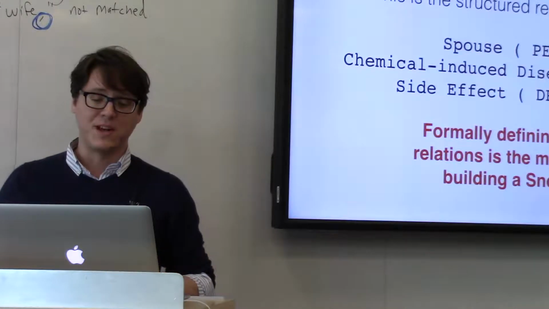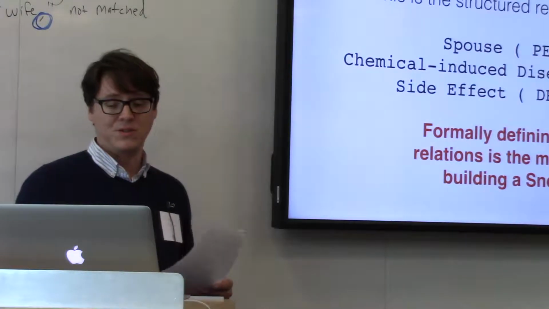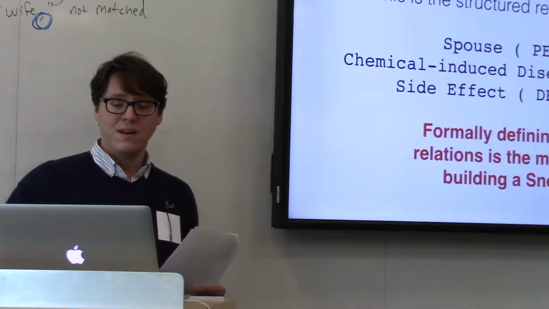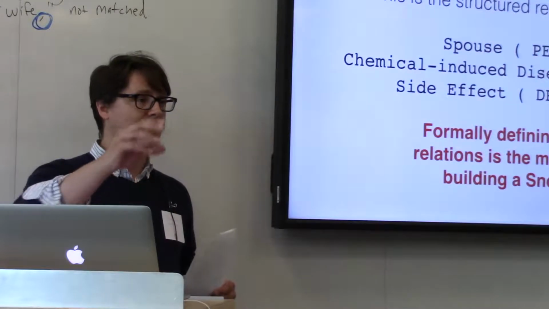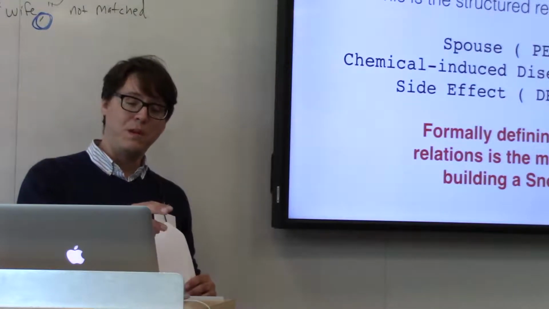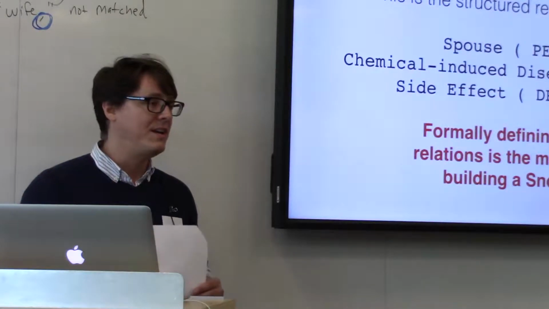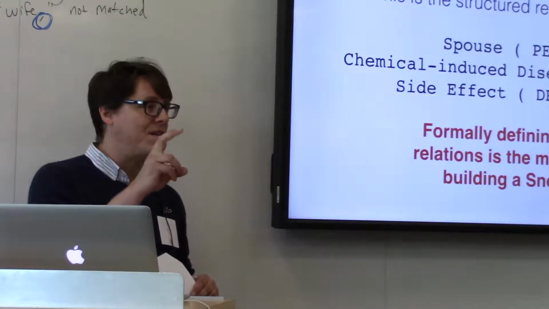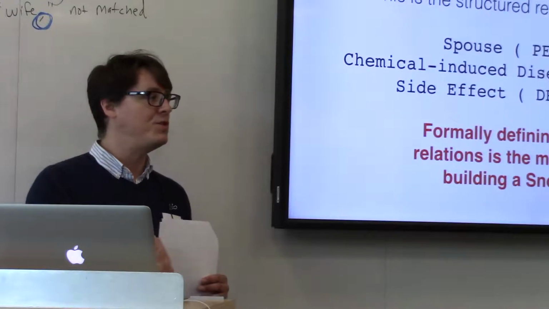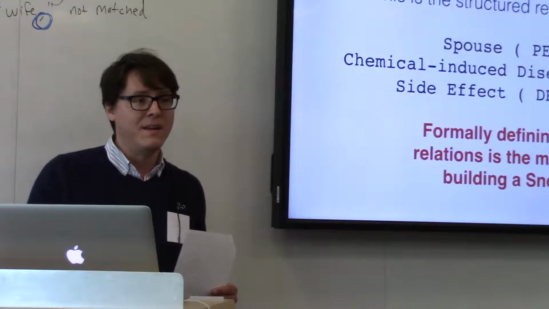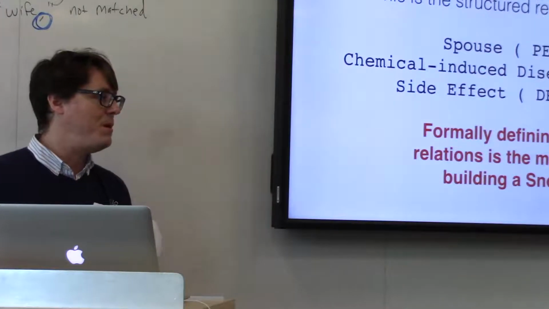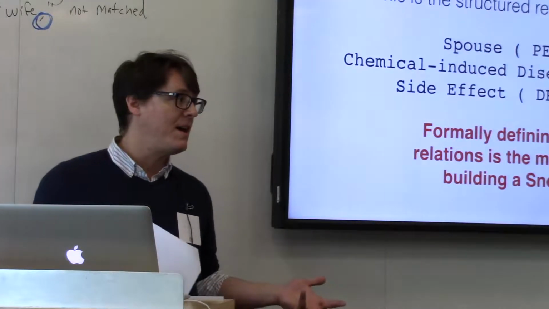For some of these examples like spouse or chemically induced disease, that's the CDR example, they sort of nicely break down into a relationship between two people, or a relationship between chemical and disease. Or maybe if you're looking at EHRs, you want to model a side effect relationship, which could be between a drug and a symptom or sign. And these are all sort of common tasks that people have thought a lot about for a long time